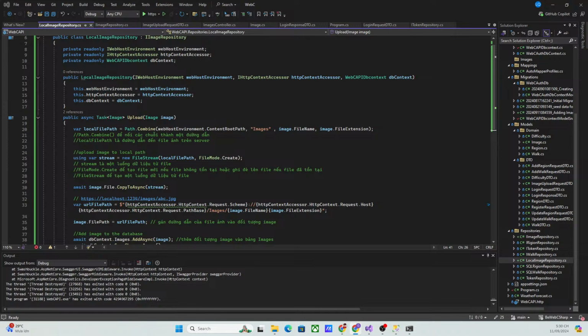So using the dollar symbol and quotes, I will say image.filename